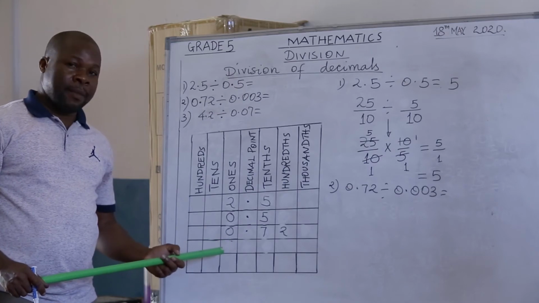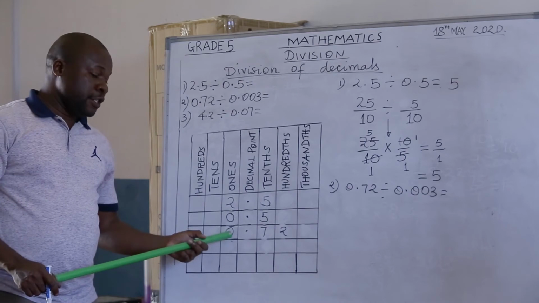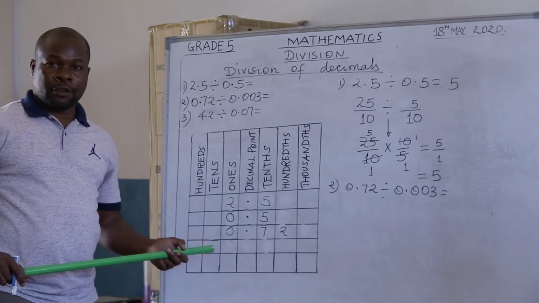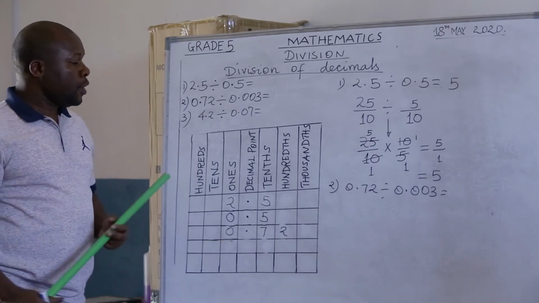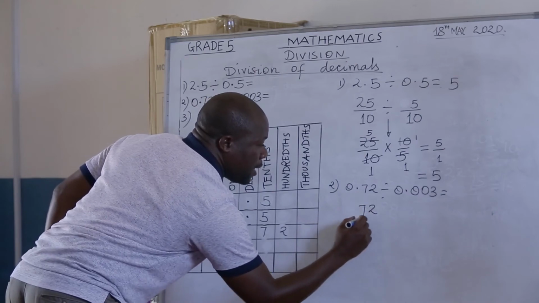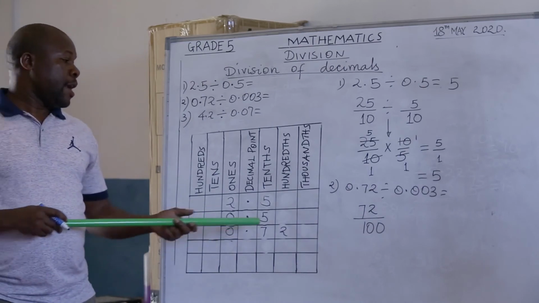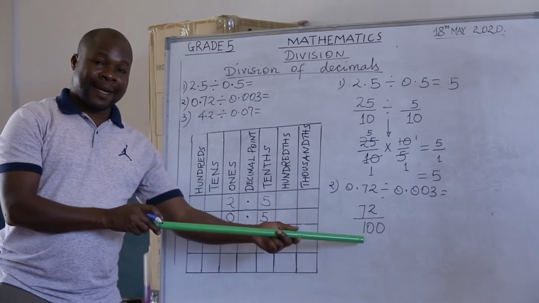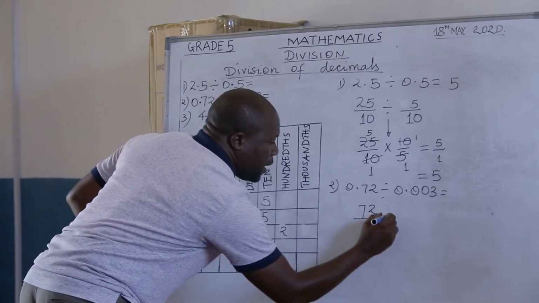Simply read the number as 72 hundredths, because 0 takes no value, so there is no need of reading it as 0 and 72 hundredths. So we are going to write it as 72 hundredths, which is 72 over 100. Divided by,